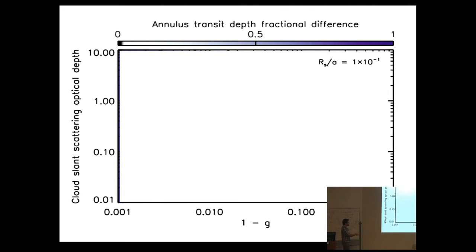And then it also depends on the asymmetry parameter, the scattering asymmetry parameter for the cloud particles, where I'm plotting this as 1 minus g to highlight the forward scattering regime over here. So obviously very forward scattering particles are going to do a very good job of tracing almost straight back to the stellar disk. And I've set this up to be kind of hot Jupiter-like. So this would be something that's like 0.05 AU from a sun-like star, to put that in perspective.